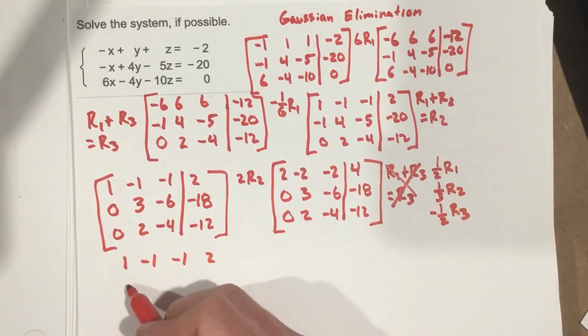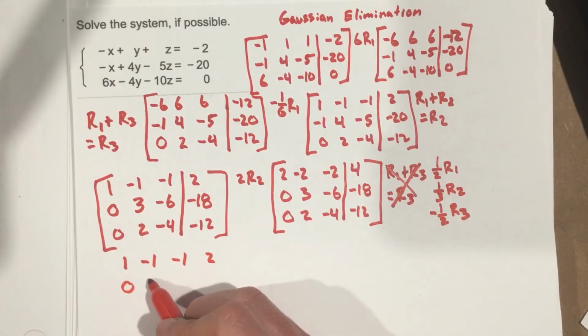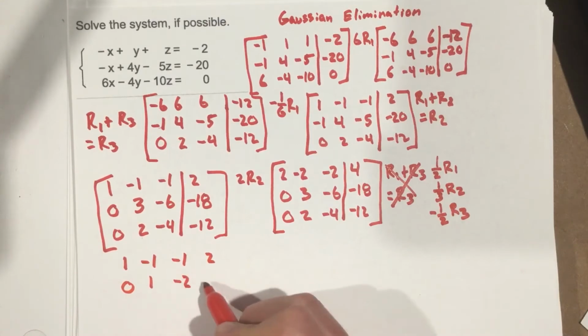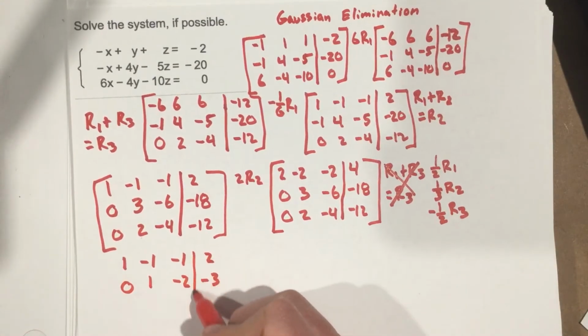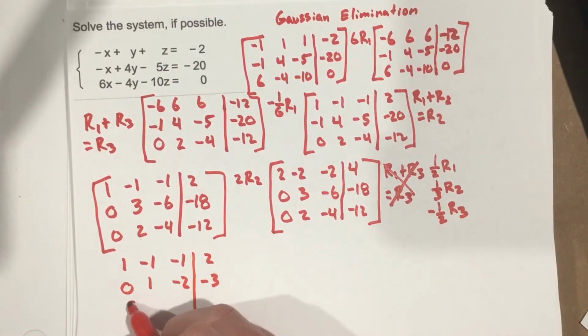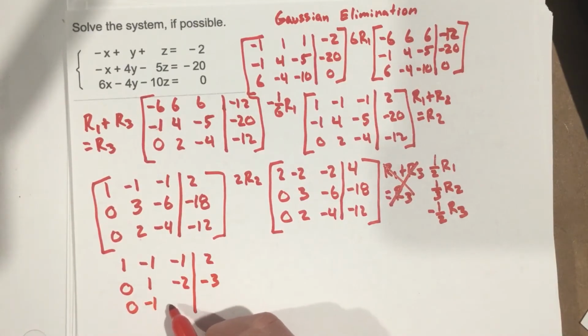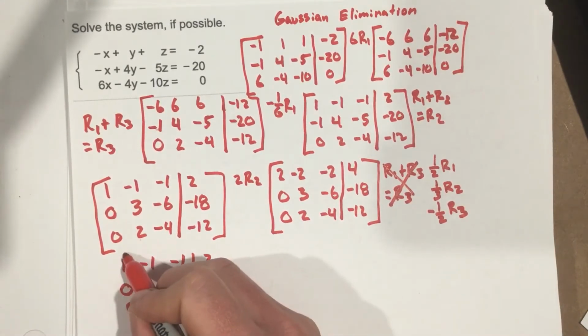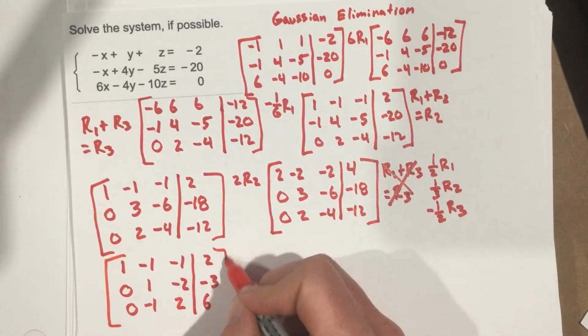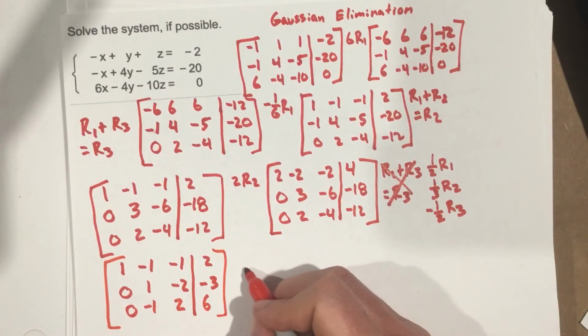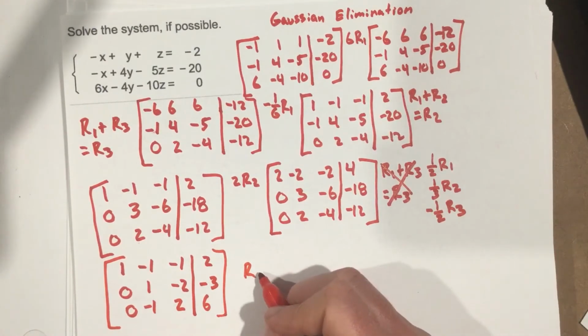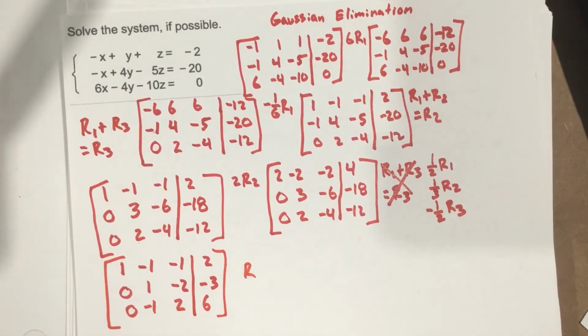The middle, I get 0, 1, -2, -3. The bottom will be 0, -1, 2, 6. That'll work better. Now we're going to take our, let's see,